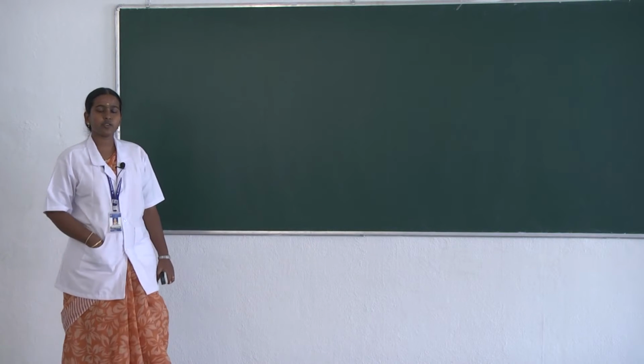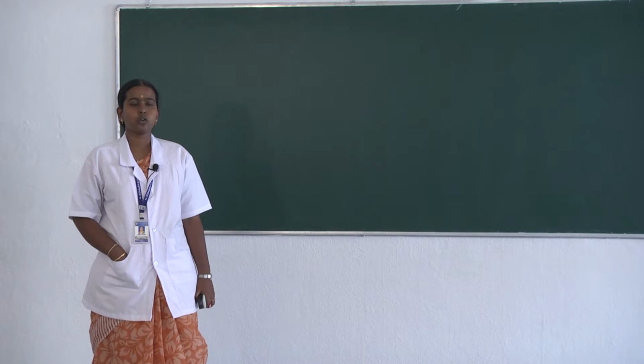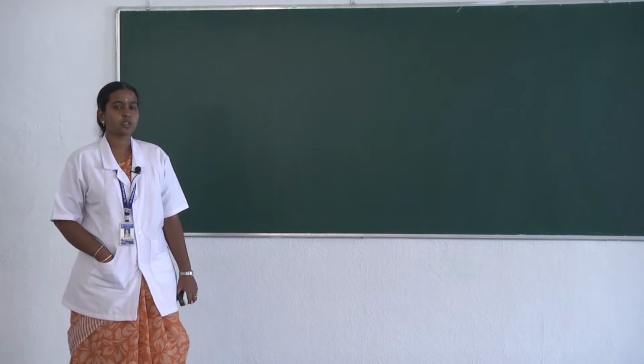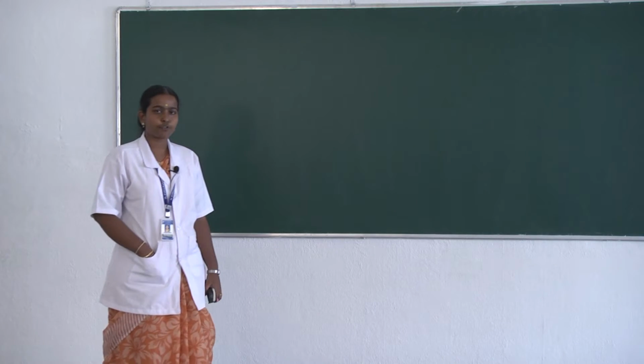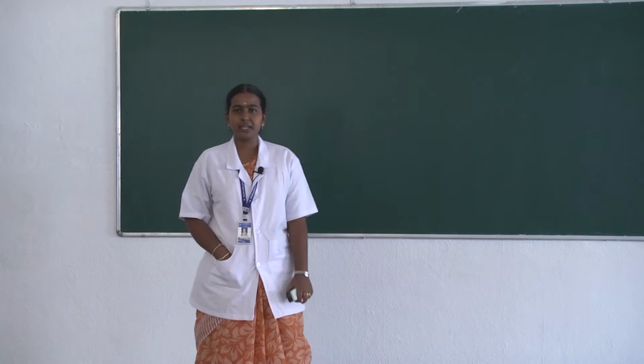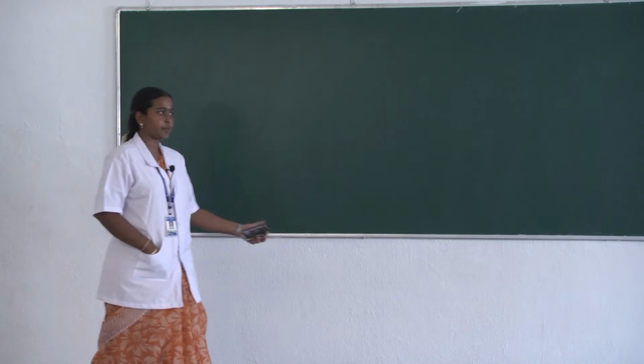Good morning. Today we are going to see about the small signal analysis of a transistor. So we all know what is a transistor. A transistor is nothing but a semiconductor device and it consists of three terminals: base, emitter and collector. It is a current control device. So first we can see